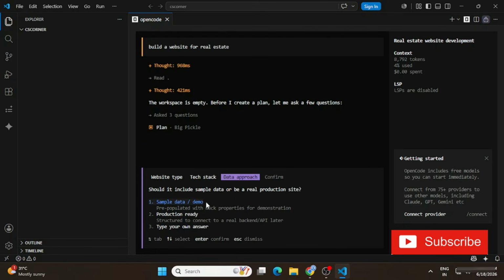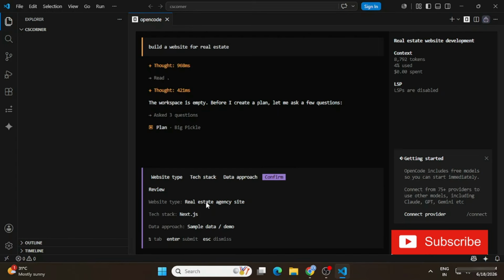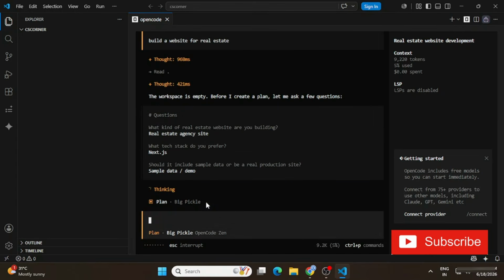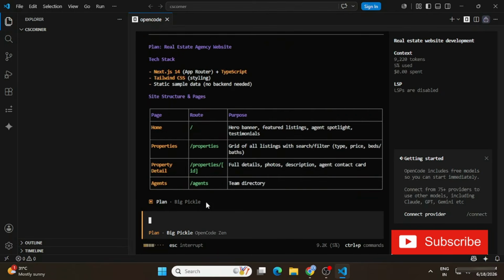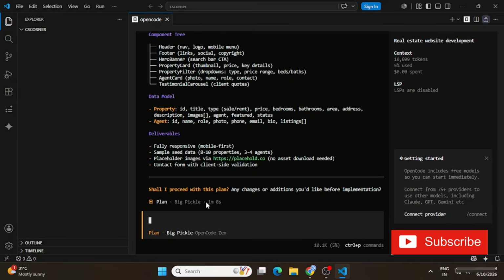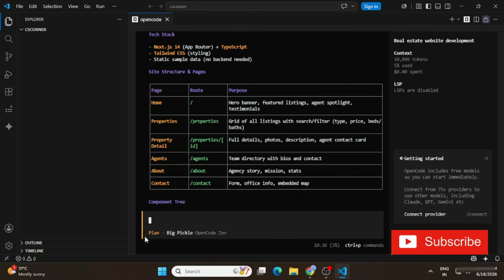Now you can see it has started planning, right? Here it's creating a plan for us, and it is thinking step by step. That's really amazing. We have just given one task, and it is doing everything for us. Now you can see it's showing that the plan is completed. So now we have to move to build mode. You can press tab, and here you can see plan mode has shifted to build mode.